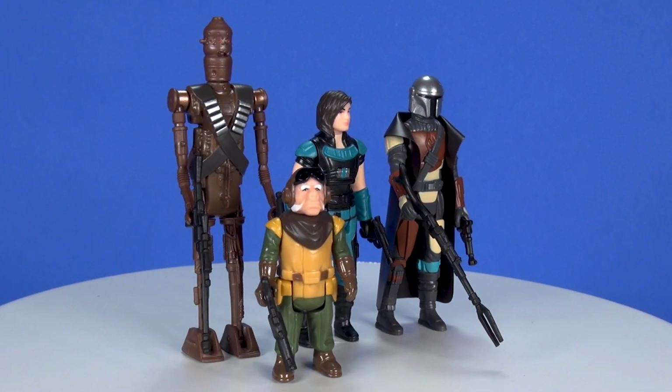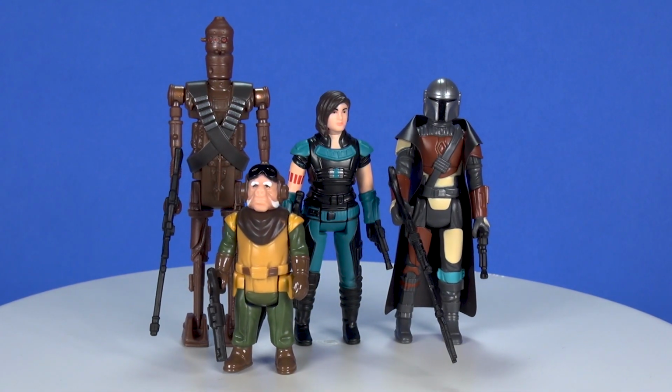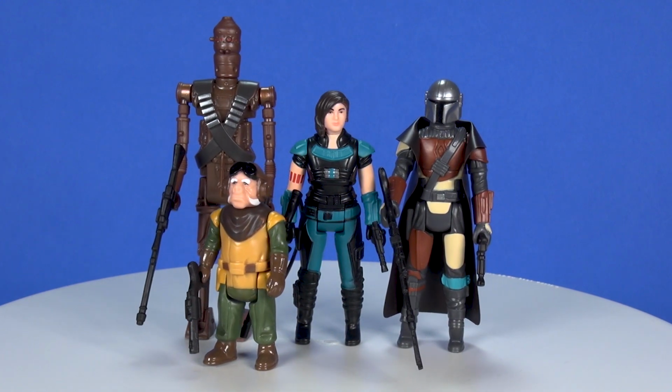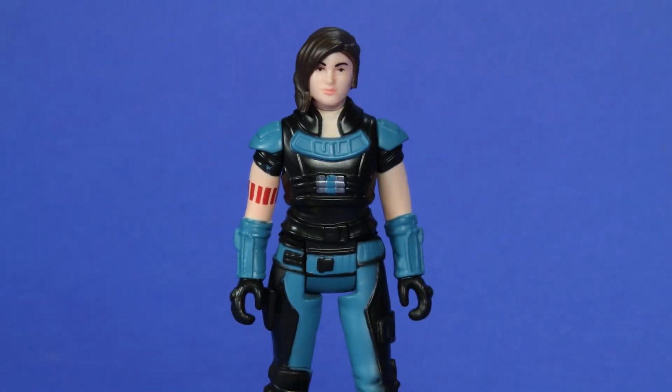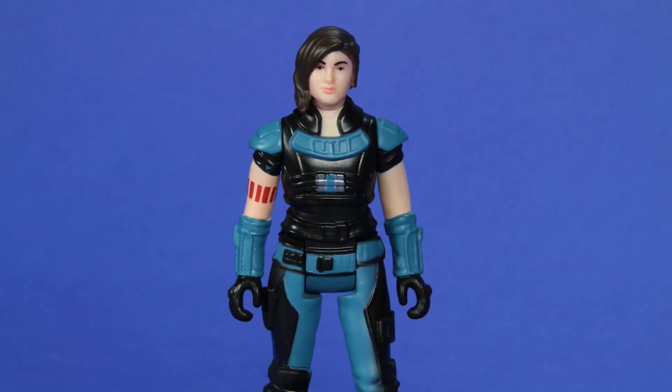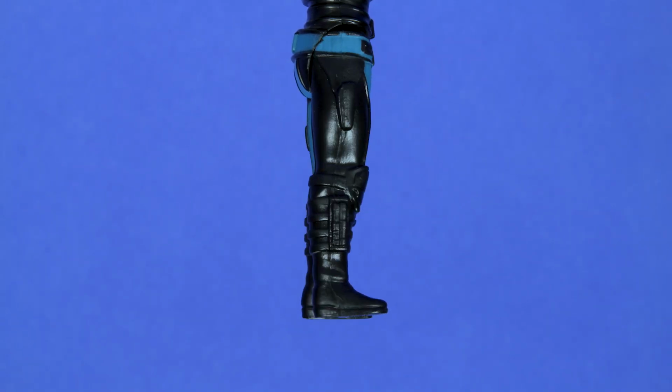Here she is mixed in with a couple other figures for the retro collection released on the Mandalorian wave, and I think her sizing is pretty appropriate. She is coming in just a little bit shorter than the Mandalorian. As for articulation, head swivels a full 360, as do both arms at the shoulder. Legs come straight out, and they give you nothing going backwards, which is unfortunate, and I'm going to get to